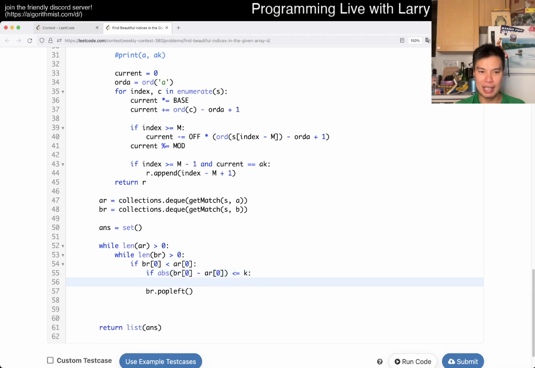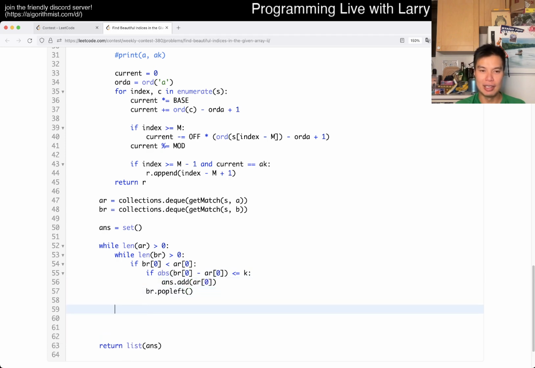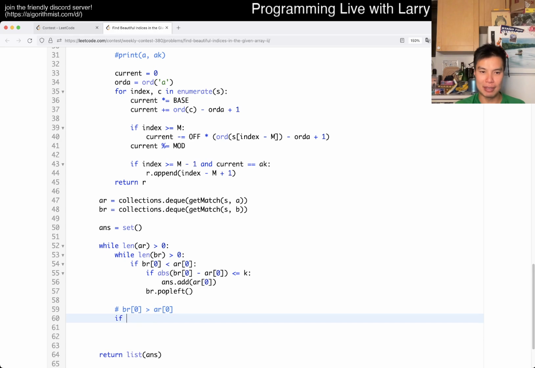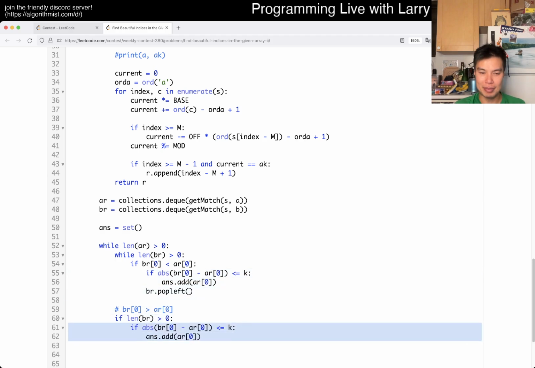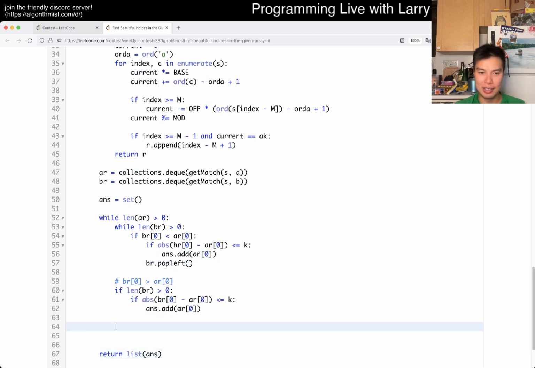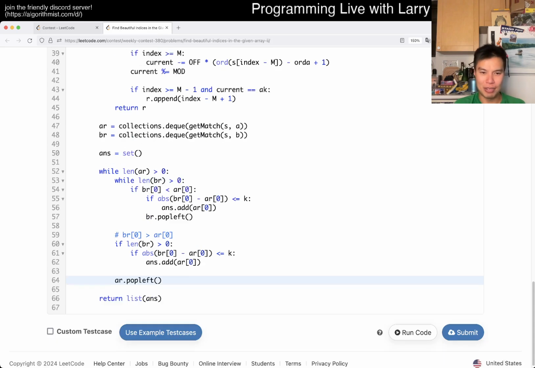Okay, then we can answer.add AR of 0 because this index is good. And then here, now BR of 0 should be greater than AR of 0 if and only if it has a length. So maybe something like if length of BR is greater than 0, and then now we could just copy and paste this, I think. And then here we want to pop left. I think this is good for linear.